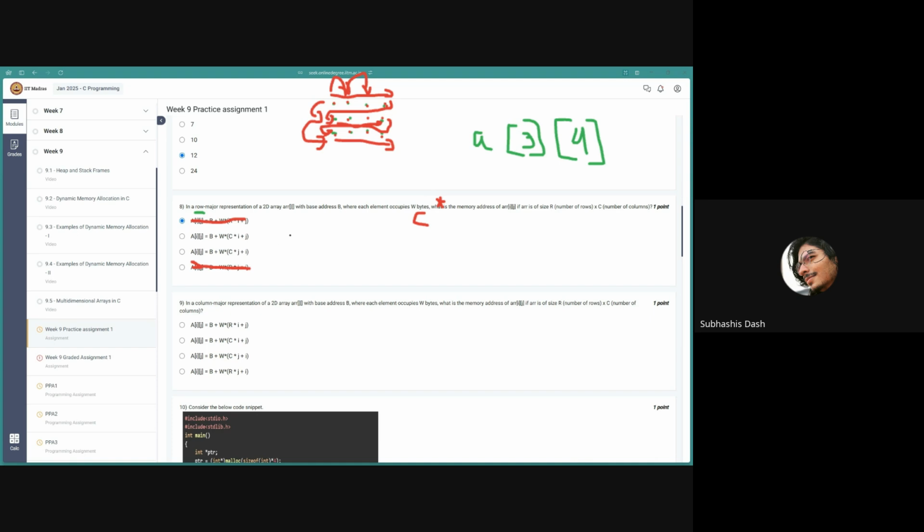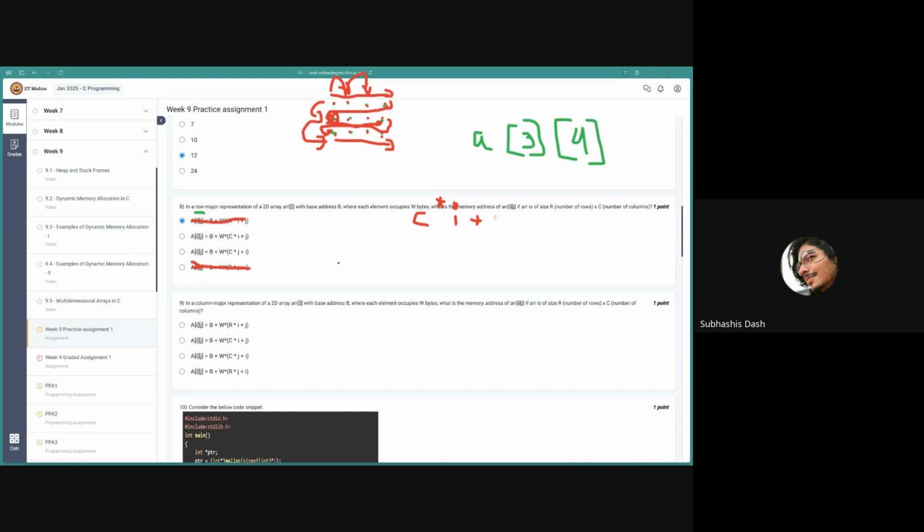So we multiply this with the current row, and we represent row with I, right? So the current row multiplied by the column size. So what would that be? Let's say that we are in row 1 right now. So what would it indicate? We are at memory location, column size, let's say it's 4. So 4 times 1. So 0, 1, 2, 3, 4. So we reach the correct location. That's correct, okay? Now we just need the column number